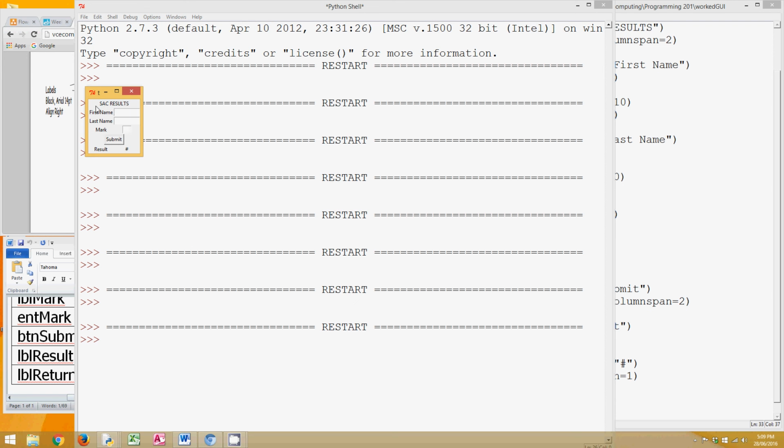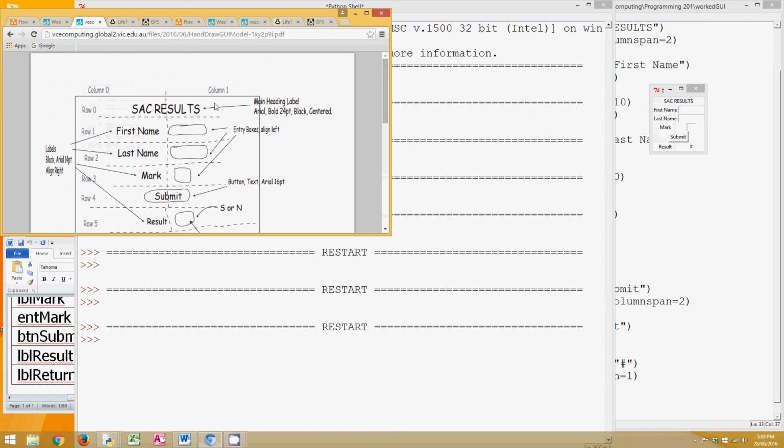The first thing we need to do is bump that text up. It needs to be taken right up to 24. We need to have Arial, I'll just show you over here. Should be Arial 24, it should be bold, it should be centered. So let's see how I can do that. Okay,